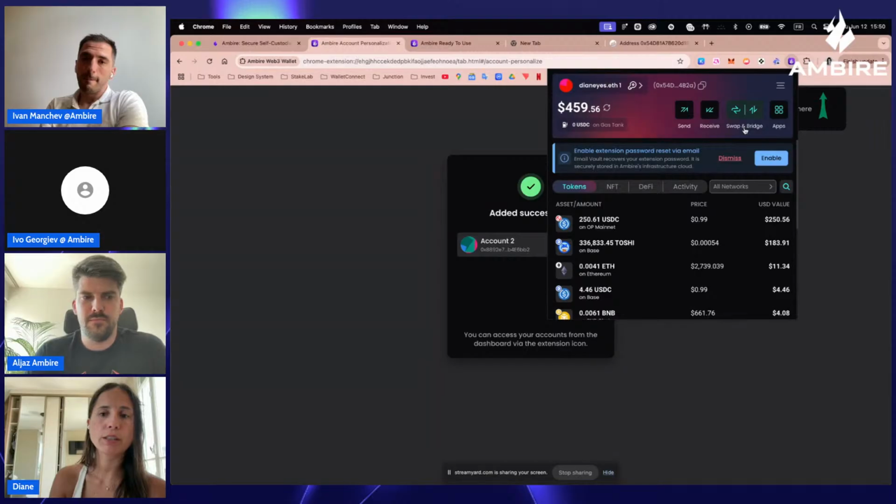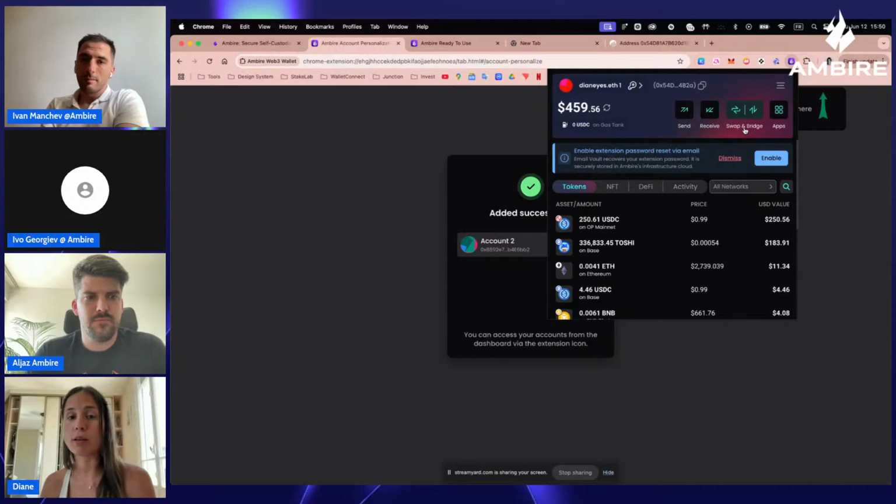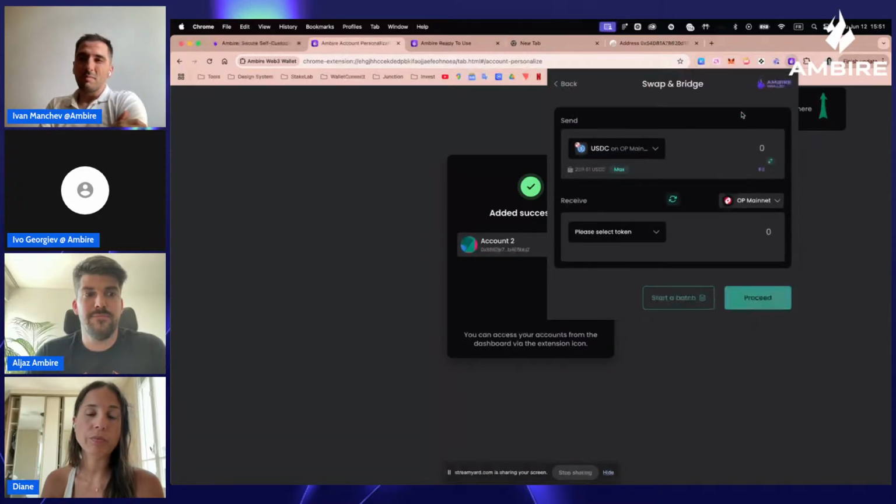Personally, swap and bridge is kind of the same experience in terms of UX, because you exchange a token to a token on the same or on a different chain. So if I was the designer, I shouldn't put the two because it's adding complexity. There are two things to read, two icons. So I would put only swap or exchange. Only swap, yeah. Exchange might be a nice idea.